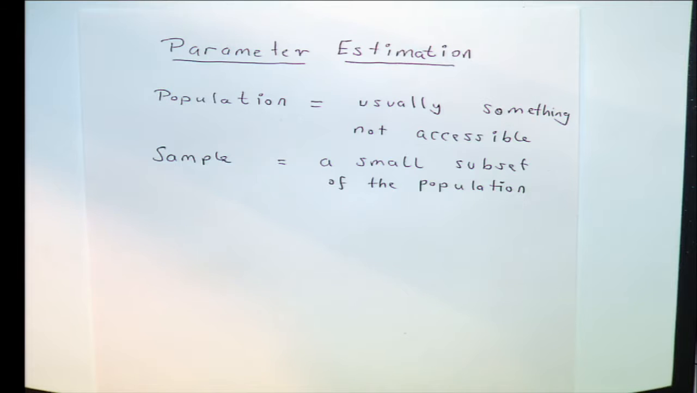The sample is a subset. It's usually a small subset of the population that is accessible. So a sample could be maybe 100 men or 1,000 men. So that's something that can be accessed easily, right? Okay, now